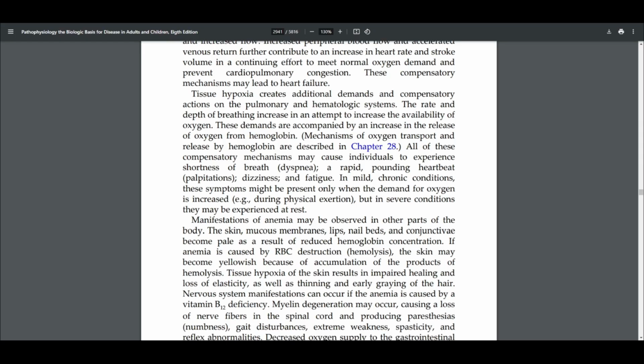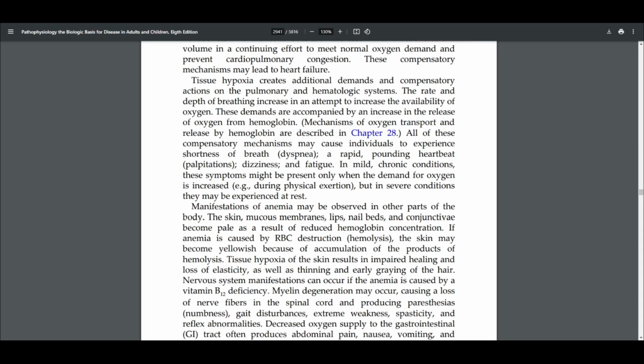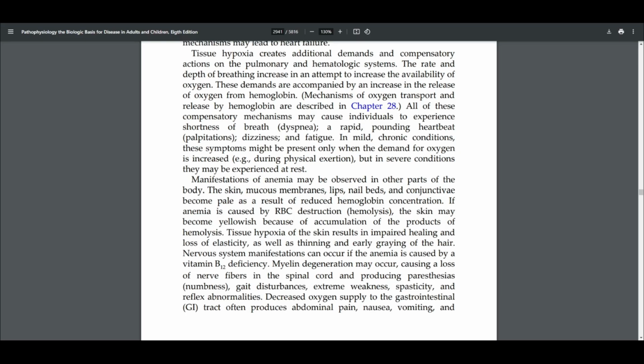Tissue hypoxia creates additional demands and compensatory actions on the pulmonary and hematologic system. The rate and depth of breathing increases in an attempt to increase the availability of oxygen. These kinds of demands are accompanied by an increase in the release of oxygen from hemoglobin. All these compensatory mechanisms may cause individuals to experience a shortness of breath, or dyspnea, and a rapid pounding heartbeat,